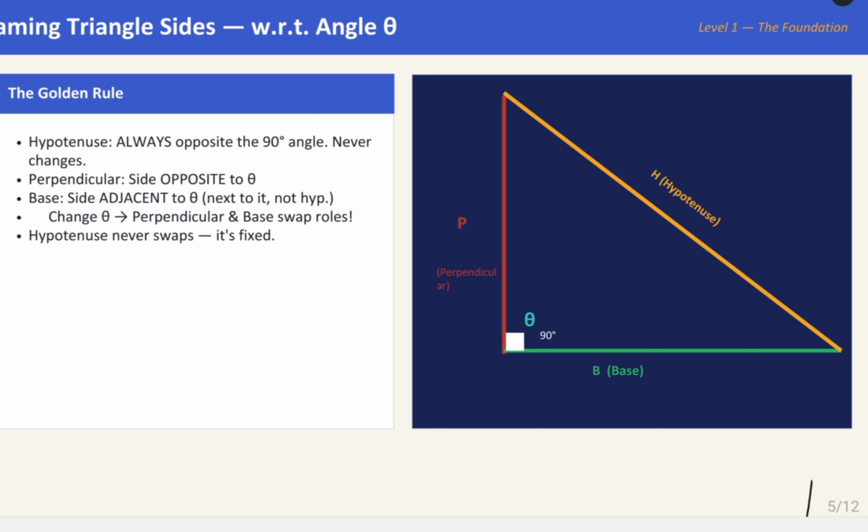So before we go further, we need to agree on names. Now if you can see in this image, I have made my angle here, and the 90 degrees here. Remember this. So what are the terms? This line is known as the hypotenuse. It will always be opposite the 90 degrees. This will be the longest side. Always remember, it will be the longest of the three, and it never changes based on theta.